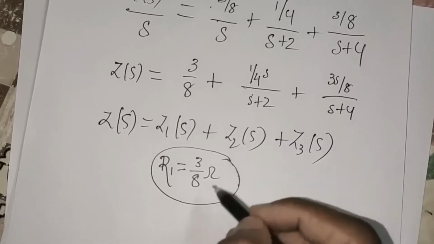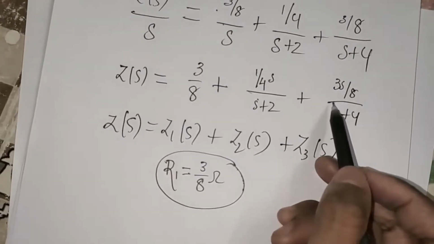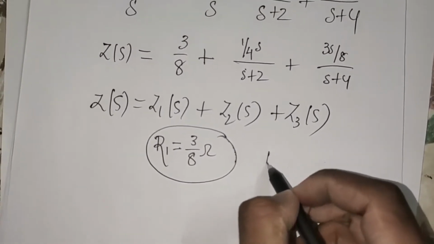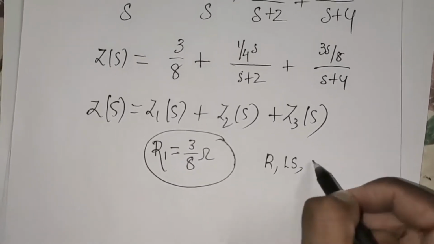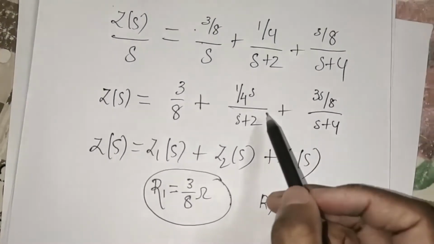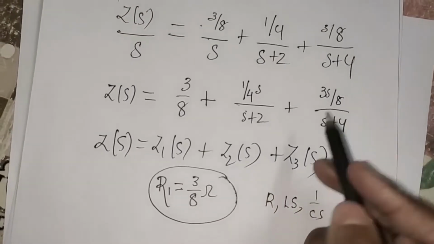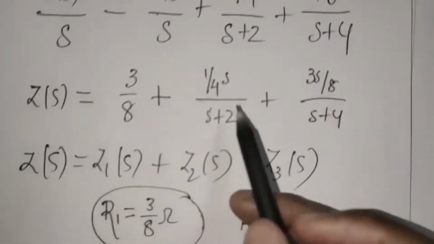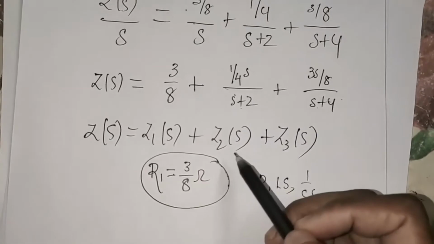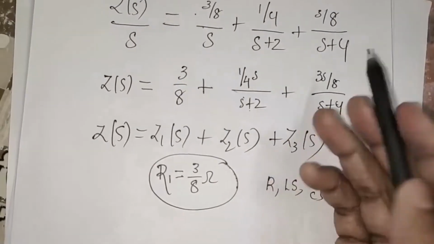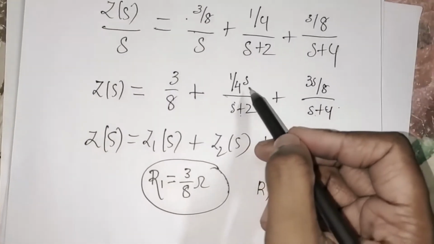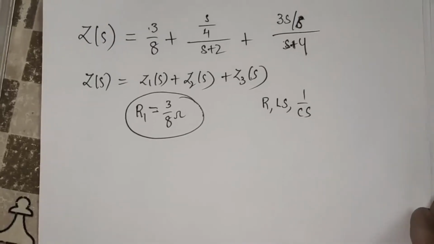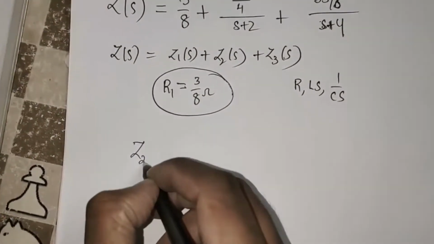So as I told you, the obtained terms after applying partial fractions must be either in the form of R or Ls or 1 by Cs. But as you can see, the second and third terms are neither in the form of R or Ls or 1 by Cs. So it means that these two terms are parallel combination of R and L. So how we can segregate what is the value of R and what is the value of L in each of the terms. So let us consider the second term, that is Z2 of S is equal to